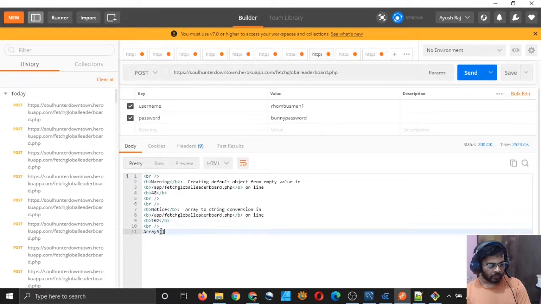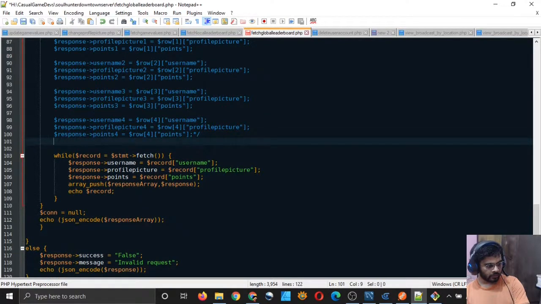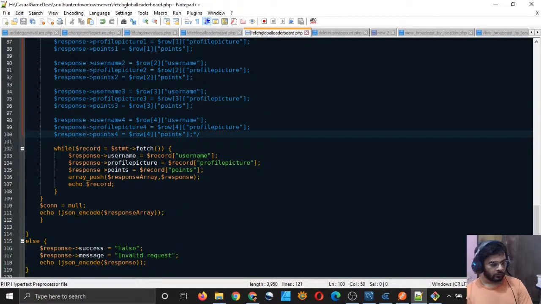So I actually have array length of 5 this time, although still it is not sending me any array at all. So this means we are getting something, right? But it's still not sending me the actual records, actual values.